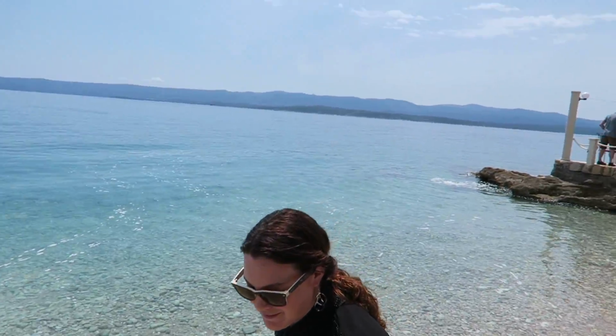Anna's testing it out. How is it? Not bad at all. Swimmable? Swimmable. Put Bol on your list if you're coming to Croatia to do the islands. There's other islands as well. There's actually like 100,